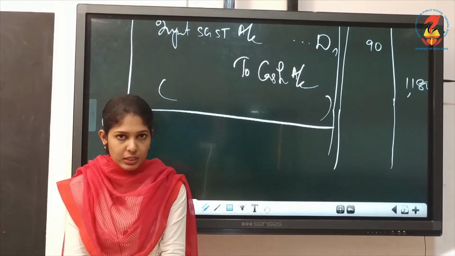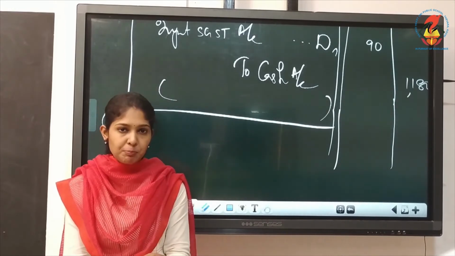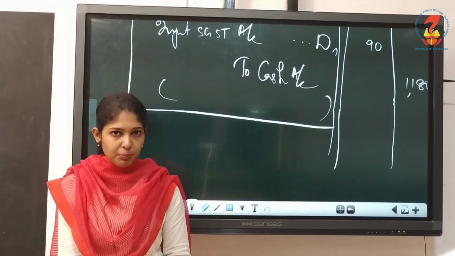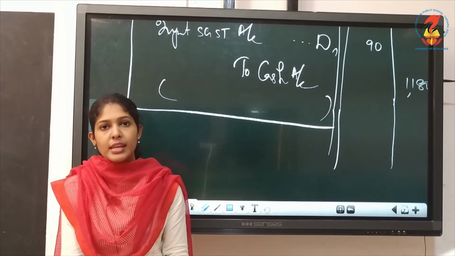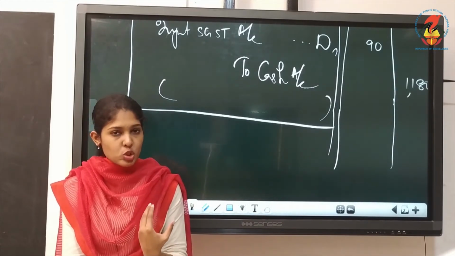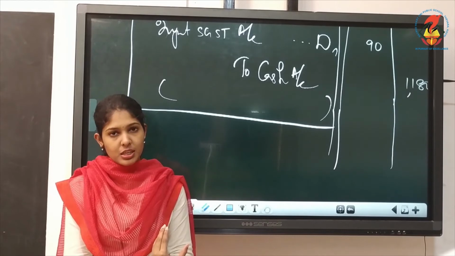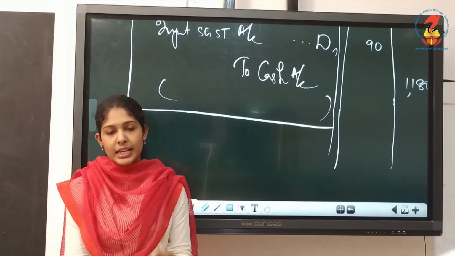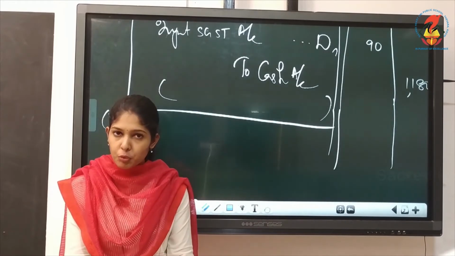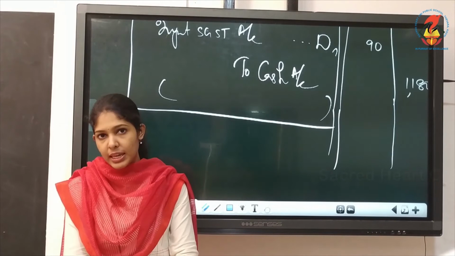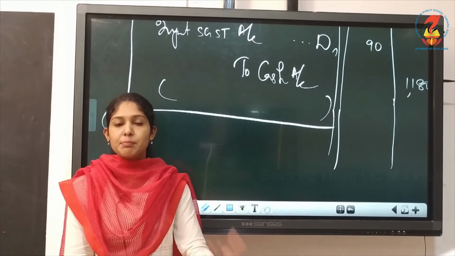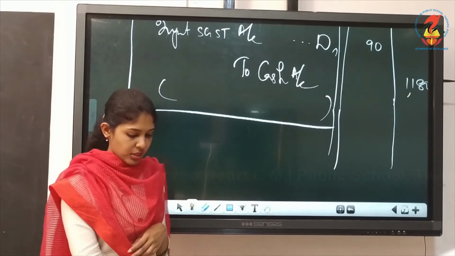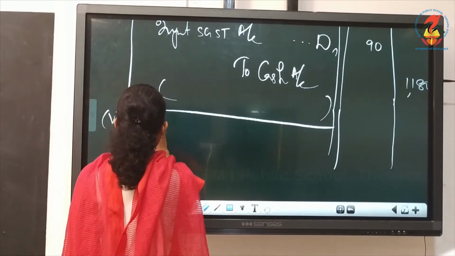Understood? When you sell goods or when you receive an income, here we are paying, no, this is an expense for us. If you are receiving something, you got commission, then that time you should collect which GST? Output GST. Understood? When you collect the amount, it is the output GST that should be collected along with that. When you pay an amount, when you purchase something, means we are paying an amount, isn't it? Here also we are paying commission. So that time what you have to charge is input GST. So we will write input GST here.